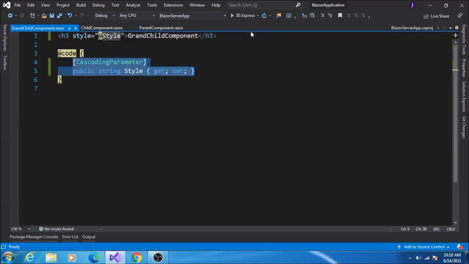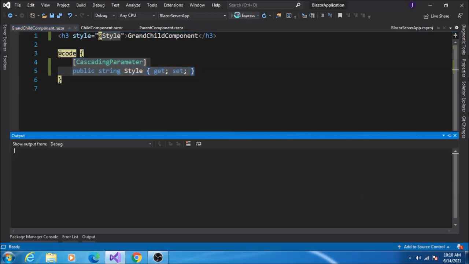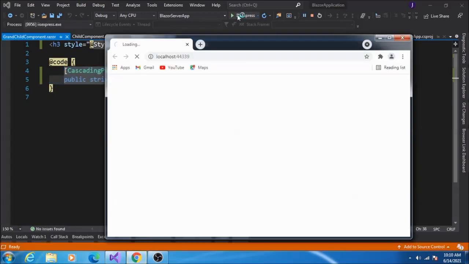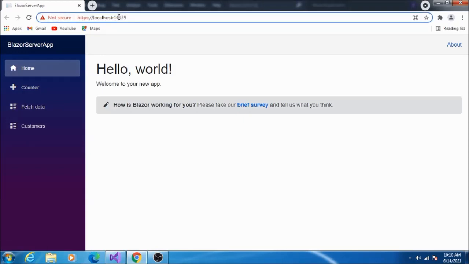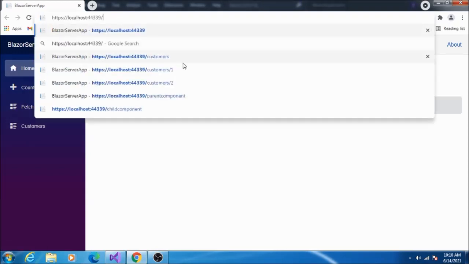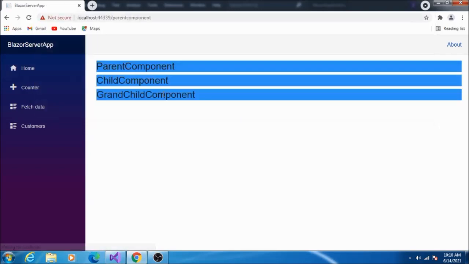Let's run this application. You see, style got applied to all the components.